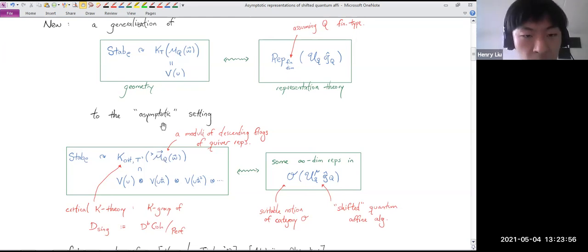I don't want to get too much into why right now, but suffice it to say that critical K-theory is in some sense usual K-theory, but it's like an invariant of the singularities of your space. So it's the K-group of what's called Orlov's singularity category. So it's usual D^b coh, but you mod out by all perfect things inside it. So the point is that this will give you some kind of geometric realization of certain asymptotic representations